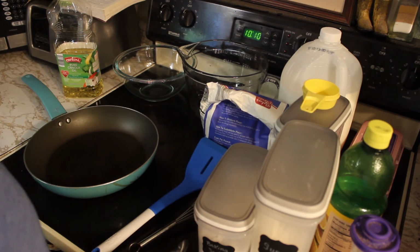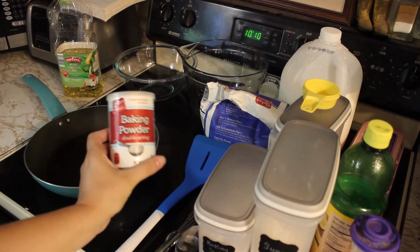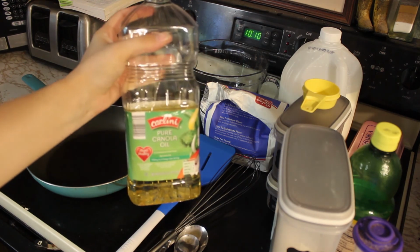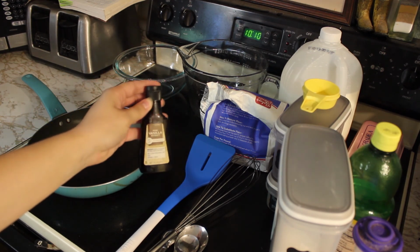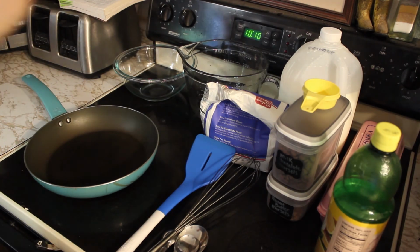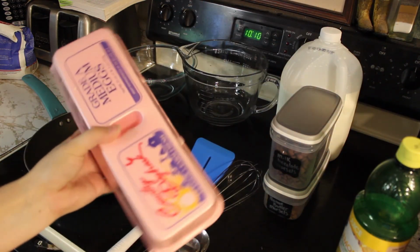Alright, today we are making pancakes. To start, I'm going to show you what we need. We're going to need some baking powder, baking soda, some cooking oil. You don't have to add this, but I like to, a little bit of vanilla extract, sugar, salt, flour, one egg,